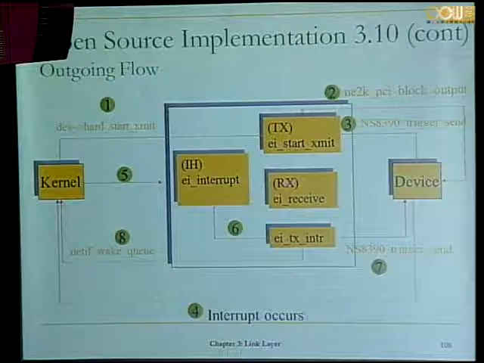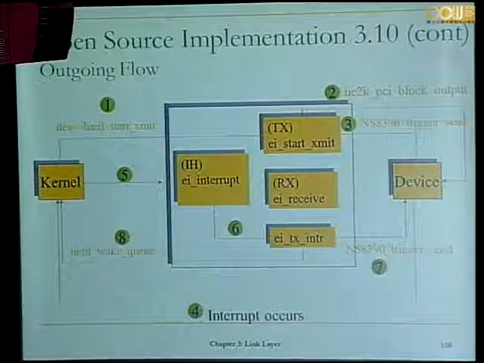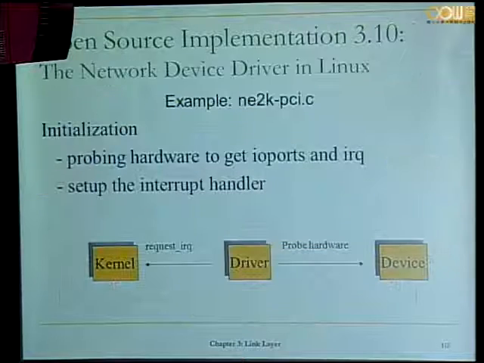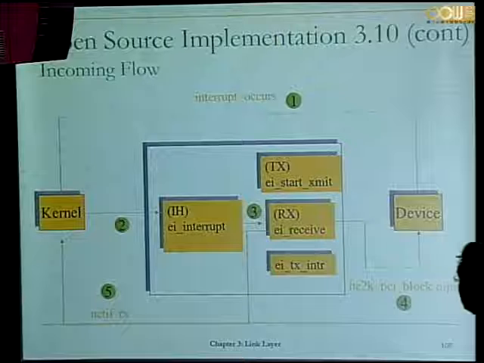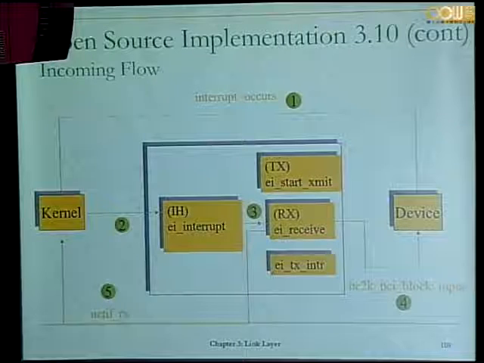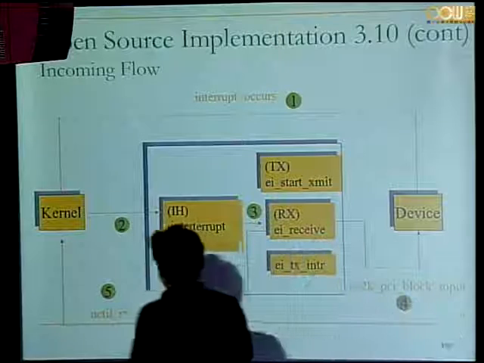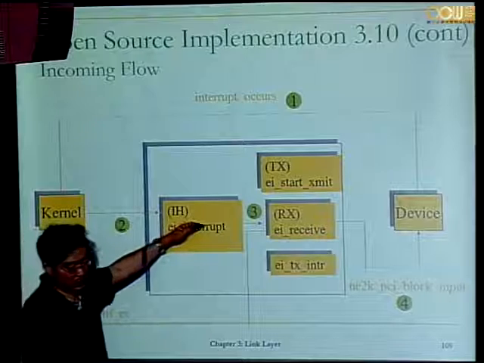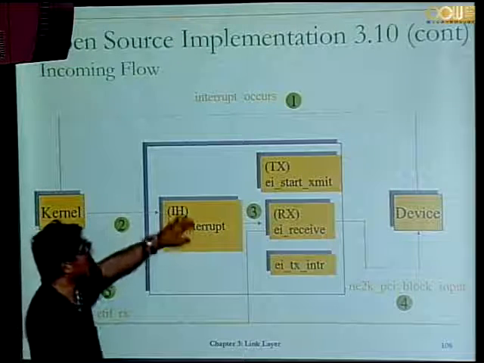Here it started from the kernel, that called the driver. Okay, so the frame is from the kernel. But here the frame is from the device. It's incoming from the device. So the first thing is to generate an interrupt. The interrupt occurs here, and then the control is passed from the interrupt service routine, the handler, to the driver here,